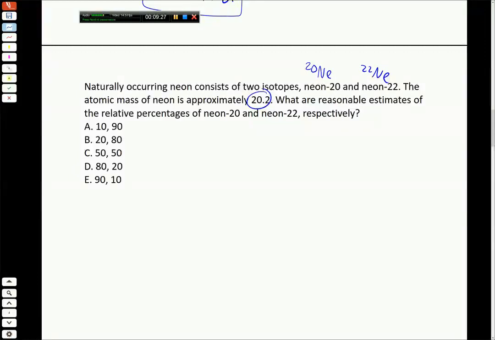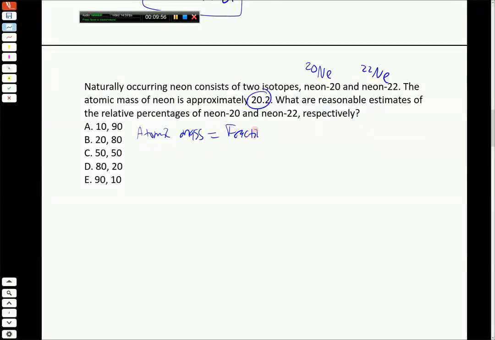Now this question is leaving out a lot of the nitty-gritty details, but what it's basically asking us is if we have 2 isotopes, 20 and 22, and the atomic mass is 20.2, what are the relative fractions of those? Now there's a couple ways we can help ourselves out here. Remember that the atomic mass that's on the periodic table, which we're being told is approximately 20.2, is the weighted average of the isotope masses. So it's going to be the